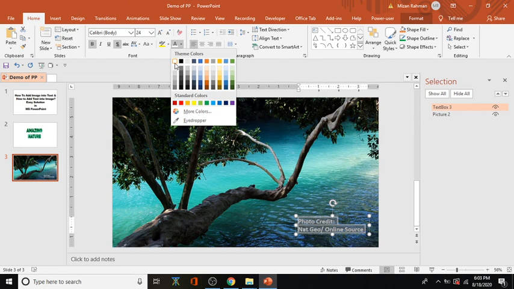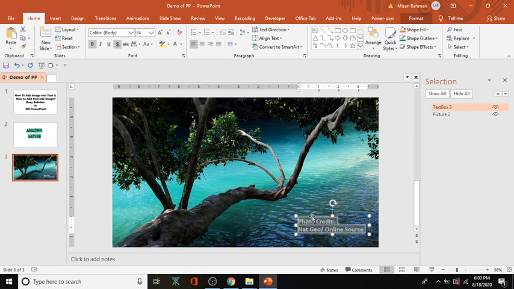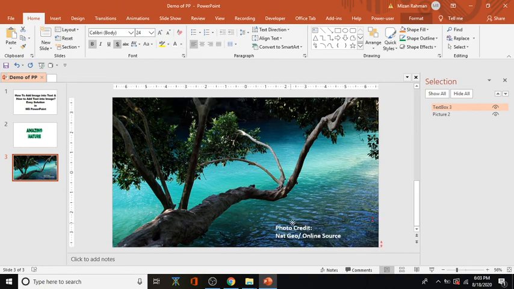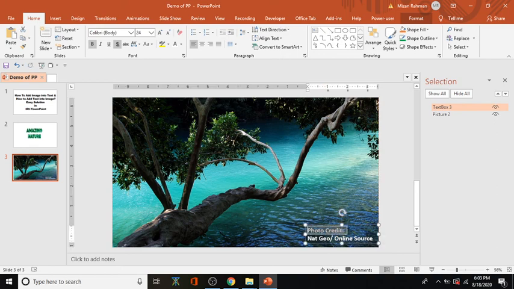In this case the white is very visible here, so you can also align your text anywhere. If you want it here, it can be done. For this photo, this is very nice looking, so I'm gonna put it here. You can also add an underline or italics if you want.